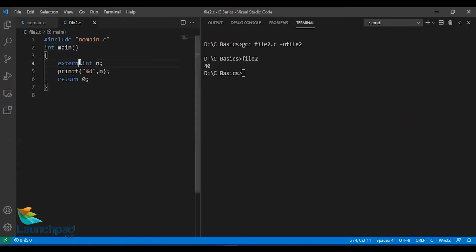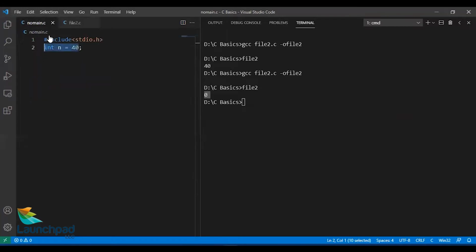So what this extern keyword does, if this extern keyword is not there, let us run this file without the extern keyword. I'll compile it again and run it. You could see some garbage value of 0 being printed because that n is not initialized. Now what this extern keyword does is it informs the compiler that we need not provide memory for this variable called n. The memory for this n is provided externally in some other file, maybe some other file from this #include part.